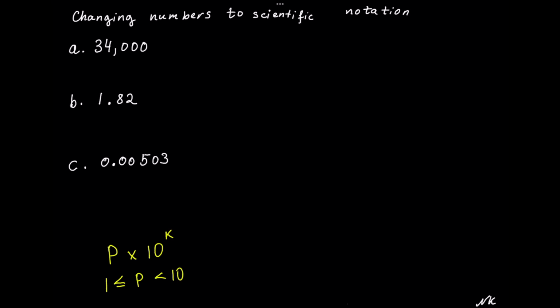In example A, we have to change 34,000 into scientific notation. If you do not see a decimal point, it's at the end of the number. So we need to change this number to be from 1 to 9. So let's move this decimal place to the left. 1, 2, 3, 4. If we move the decimal place 4 units to the left, we will get 3.4, we can drop the zeros,